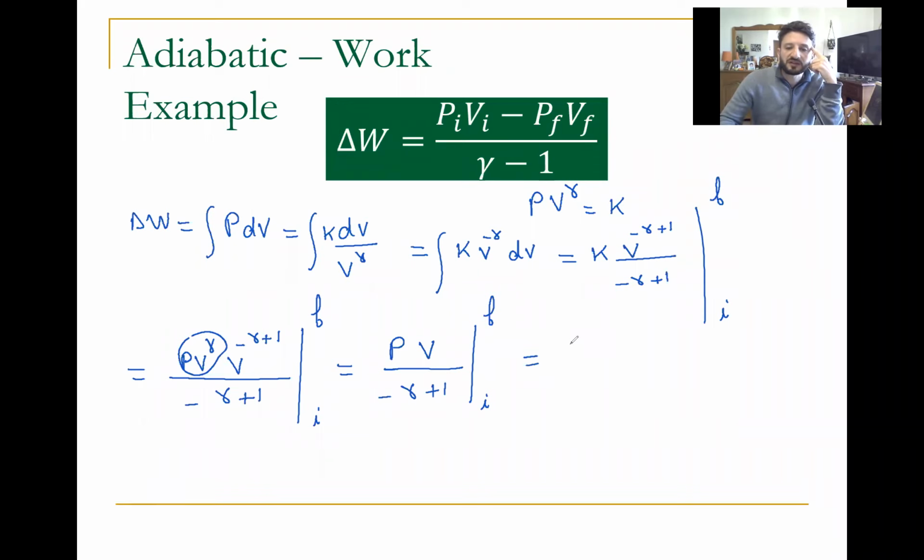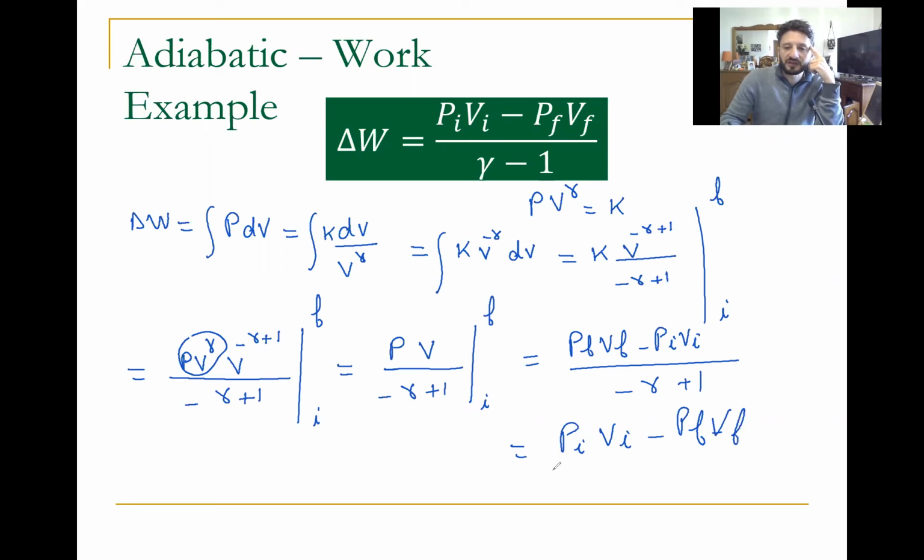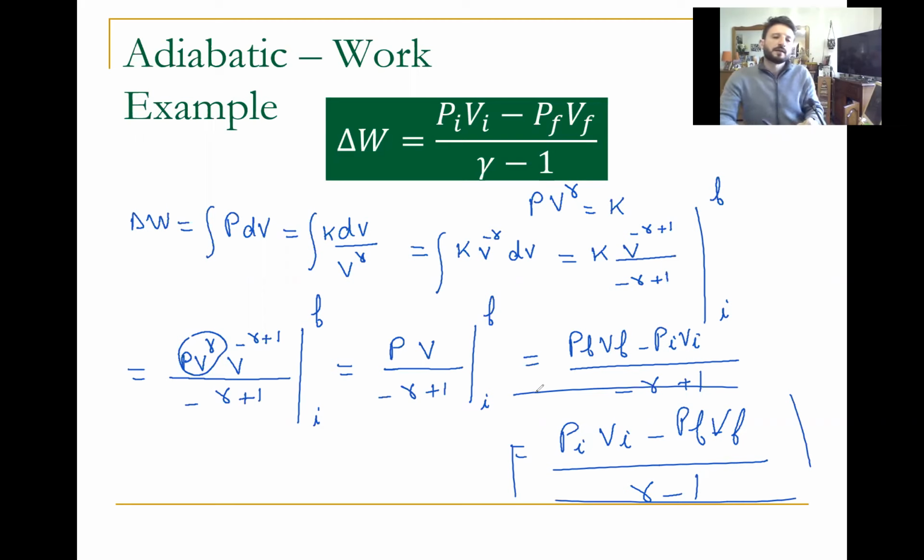So we finally get P final V final minus P initial V initial divided by (minus gamma plus 1), which equals P initial V initial minus P final V final divided by (gamma minus 1). Okay,